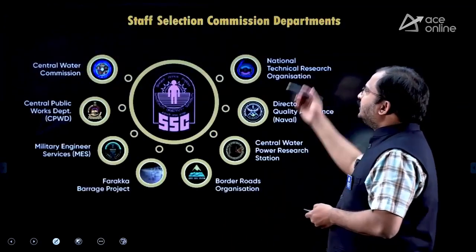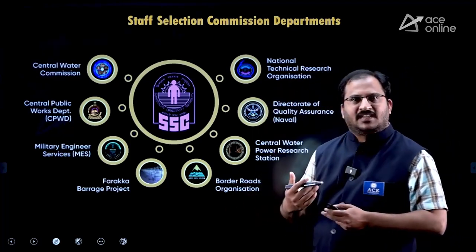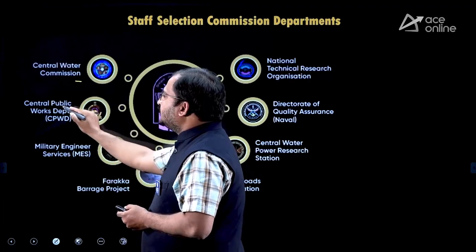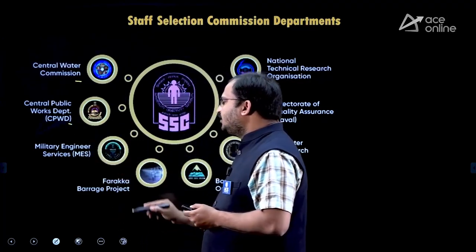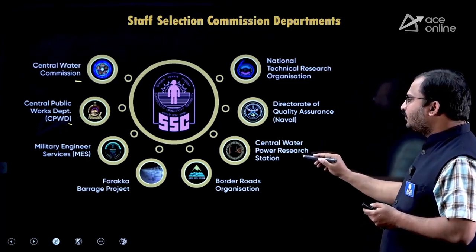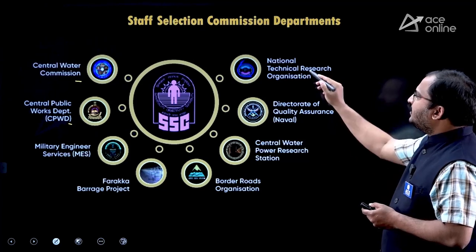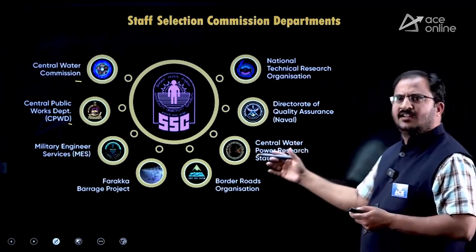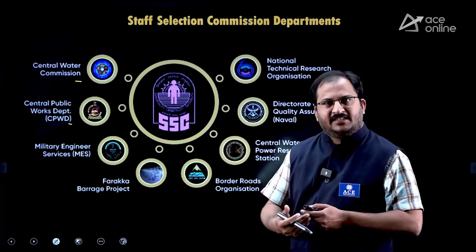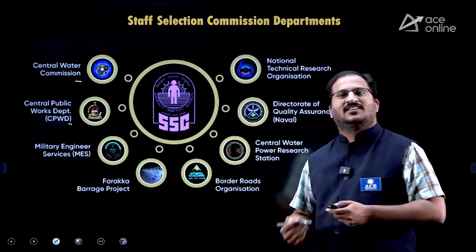Now, coming to the departments of Staff Selection Commission, usually there will be so many departments under the Staff Selection Commission. Here are some of them: Central Water Commission, Central Public Works Department, Military Engineering Services, Farakka Barrage Project, Border Roads Organization, Central Water Power Research Station, Directorate of Quality Assurance, Naval and National Technical Research Organization. These are a few organizations which are taking candidates as junior engineers in their departments through the Staff Selection Commission Junior